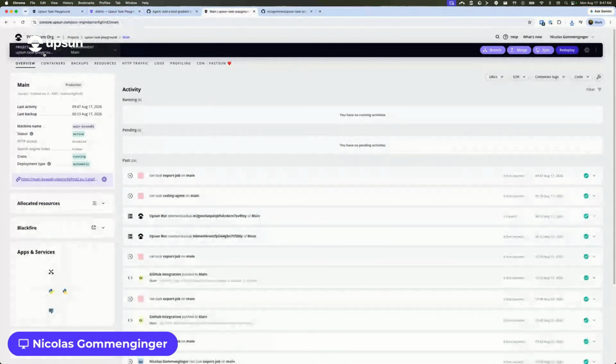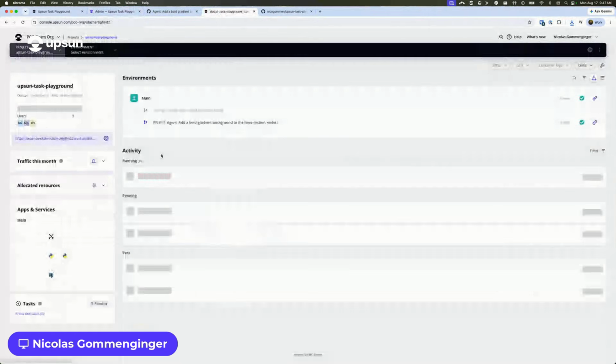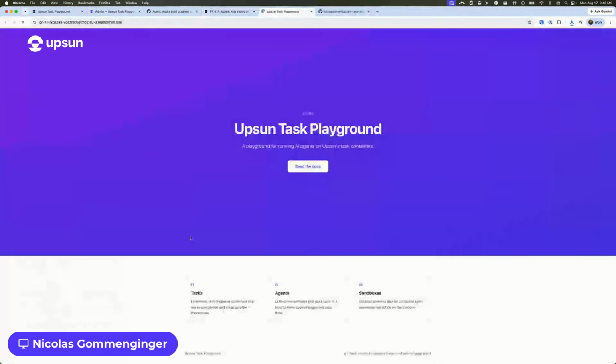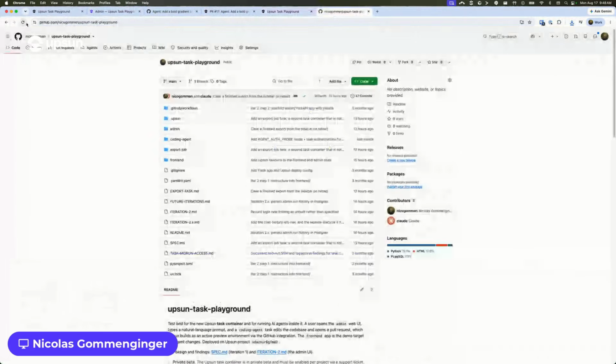Yeah. No, I love it. Let's see now if my preview environment is done. Yes, it's done. And open the front end. As you can see, my background has been added with a small gradient here. So it works. And if now I would like to deploy this to my production environment,